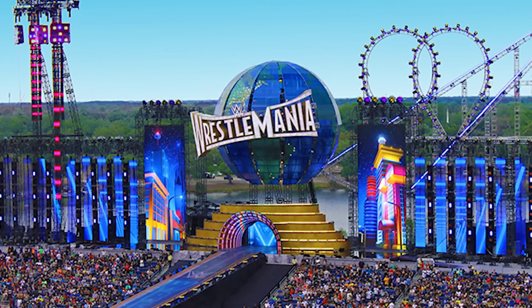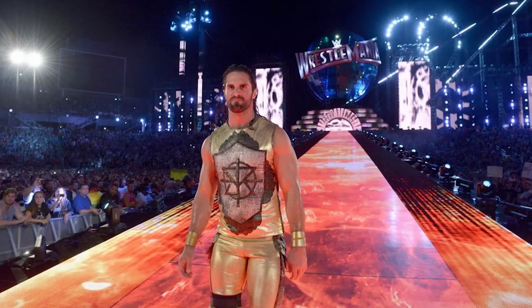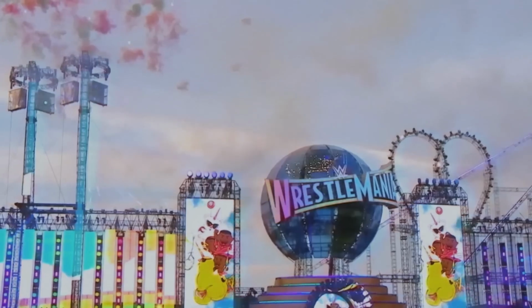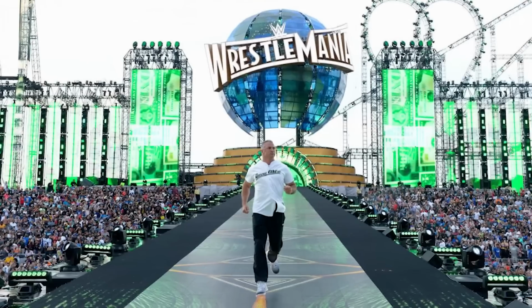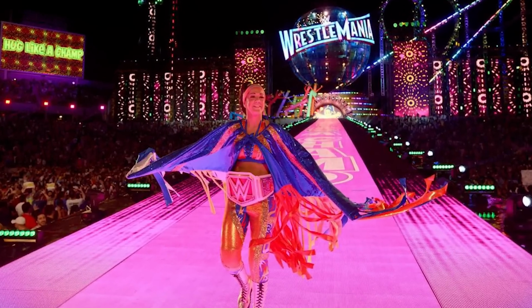It's got a fucking roller coaster on it. Are you kidding? How could it be anything else? It's so beautiful. And it's not even the insane excess of having the loop lighting rig. It's the globe above the ramp, shimmering in blue and green with the WrestleMania writing over it. It looks so good. The golden steps underneath it, the flare tunnel of LED panels in the entranceway, the elevated